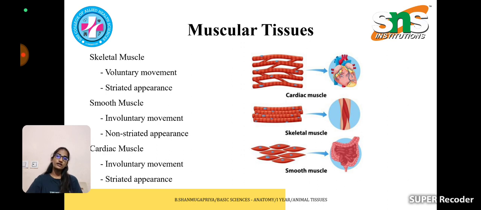And then the cardiac muscle tissue. These are found exclusively in the wall of the heart. Cardiac muscle has cross striations formed by alternating segments of thick and thin protein filaments. Each fiber has a nucleus and one or more branches. The structure of cardiac muscle is that